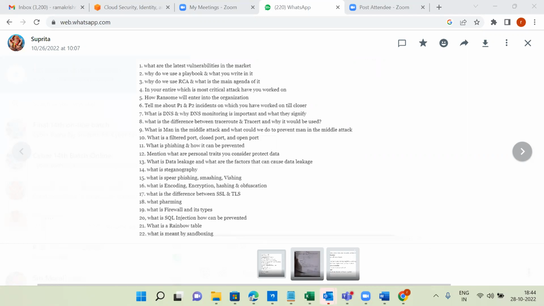Other than this, we also have the Polkit attack. Polkit is a library or package in Linux operating systems. It's an outdated one. Because of this, as per the Linux environment, they gave a score of 9.8 out of 10. That is the CVSS score, common vulnerability scoring system. That package also we have to update. So these are the vulnerabilities in the news.